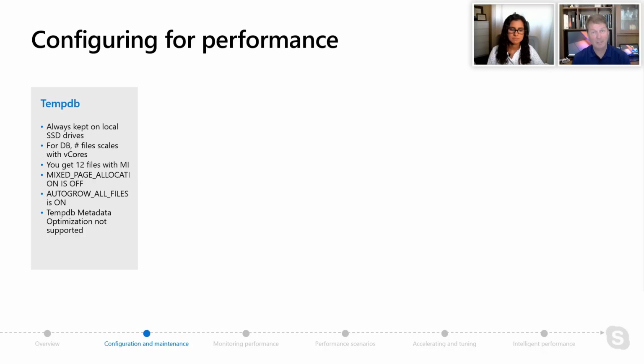So for Azure Database, you never get to choose the size through T-SQL. In fact, you don't have any options in Azure SQL or Managed Instance to use T-SQL or SSMS to change the properties of TempDB. We choose those for you. For Azure SQL Database, we scale up those files based on your core choices. And for Managed Instance today, we just pretty much fix it at 12 files. We're looking at whether we can enhance that a little in the future. Right now, 12 seems to be a number that has worked very well for customers, even for very large core deployments.